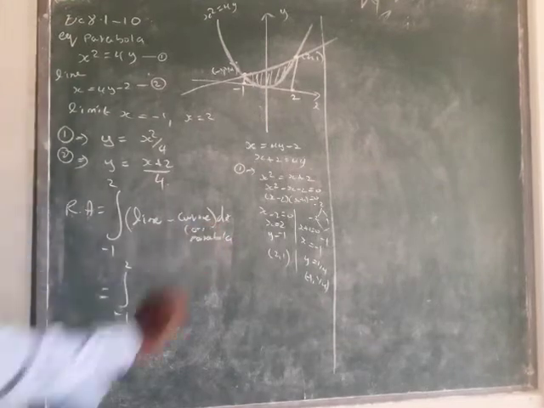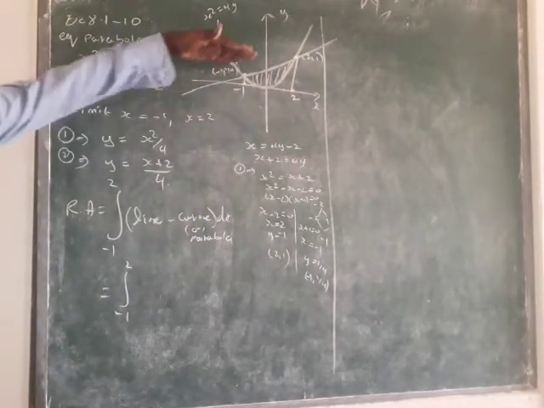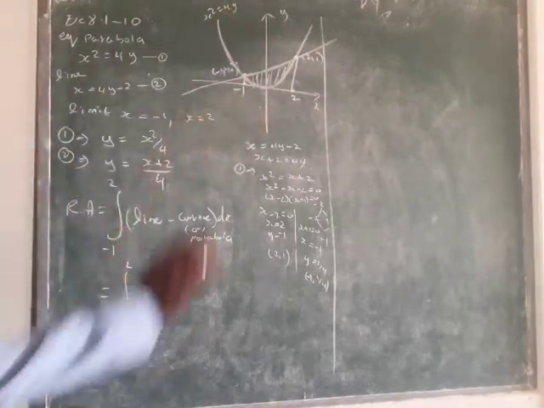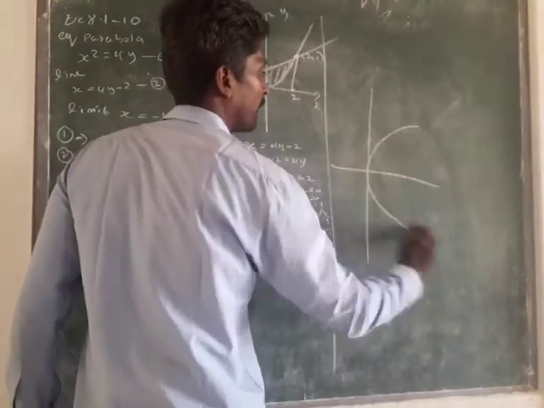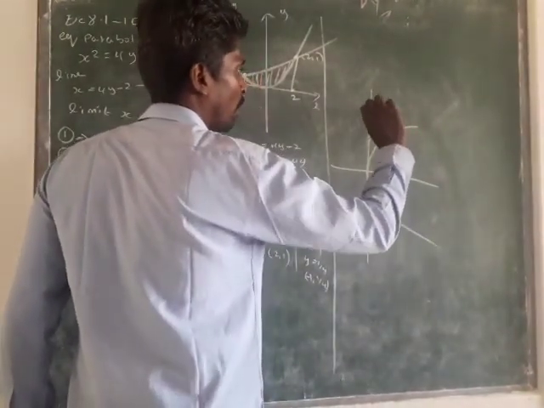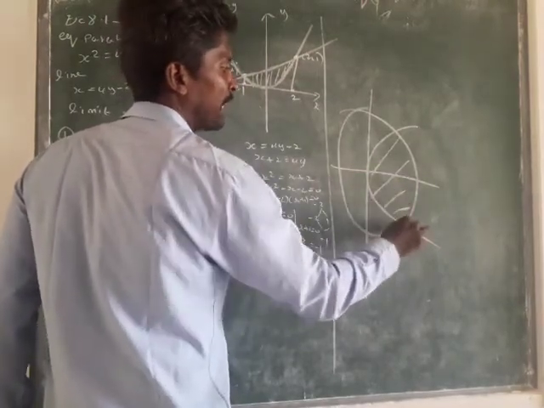Now you are understanding: line minus a curve or parabola. Why are you writing like that? This is the rule to find the area between the two curves: above curve minus below curve. In x-axis, look at it like that. In y-axis the same diagram is there. Maybe you can take a circle also. Take the limit in y-axis.